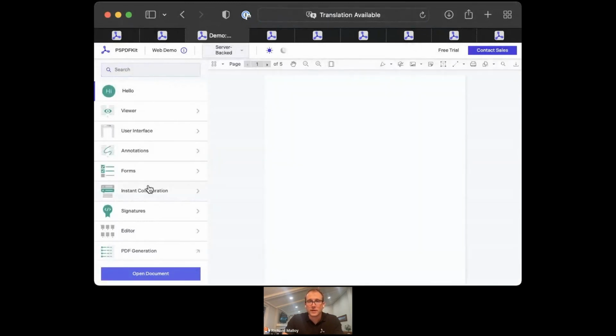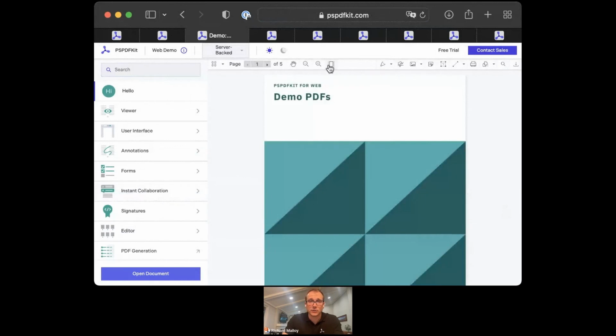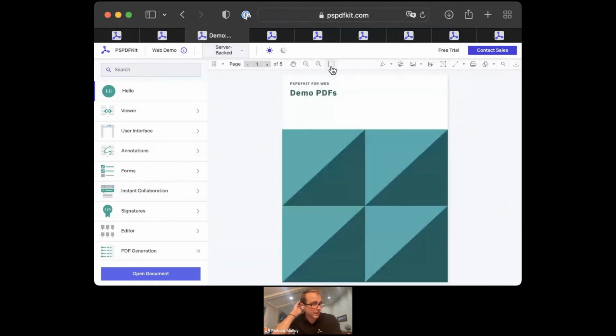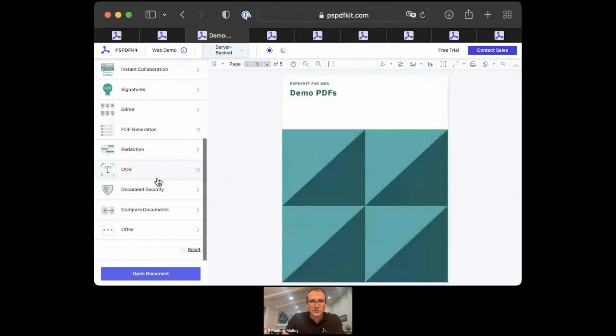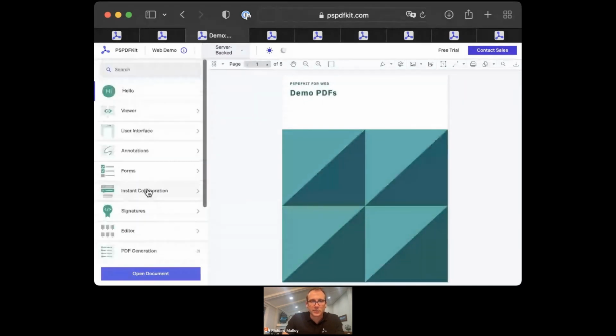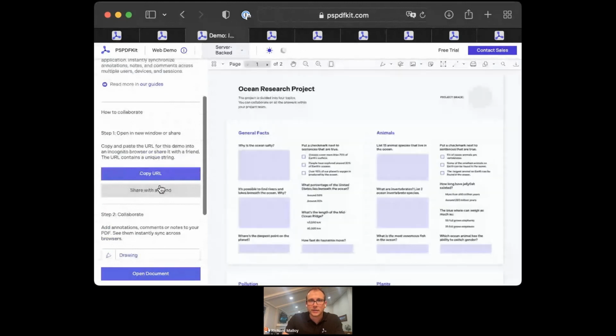So one of the benefits of our server backed integration is it's a bit more performant because we're then able to lazy load the document. With most client-side integrations, you do have to render the entire document before you can start. PSPDFKit, we have consistent feedback that we're one of the fastest, if not the fastest renderer in terms of PDFs. And then we have an additional server component that can even boost that performance and allow you to lazy load the document. But when we look at different tools like instant collaboration, it's simply